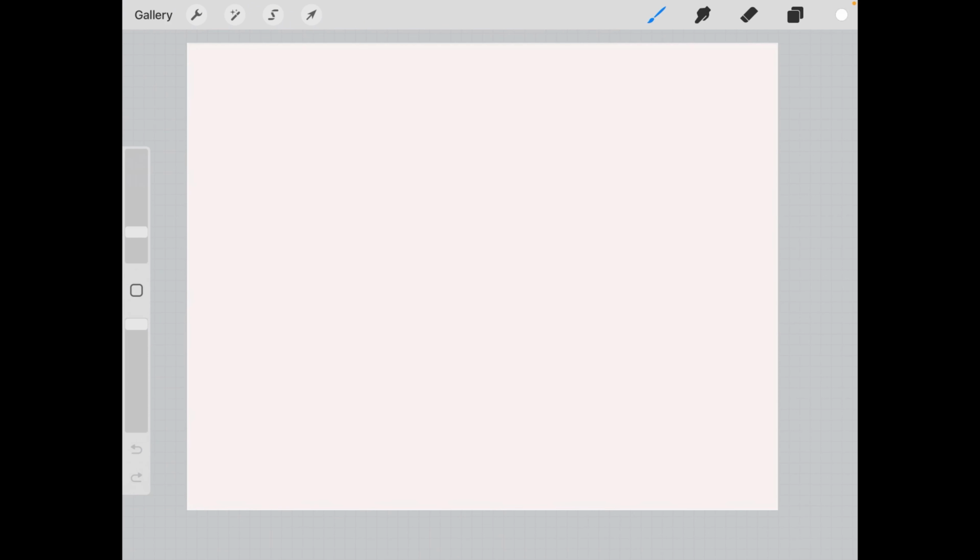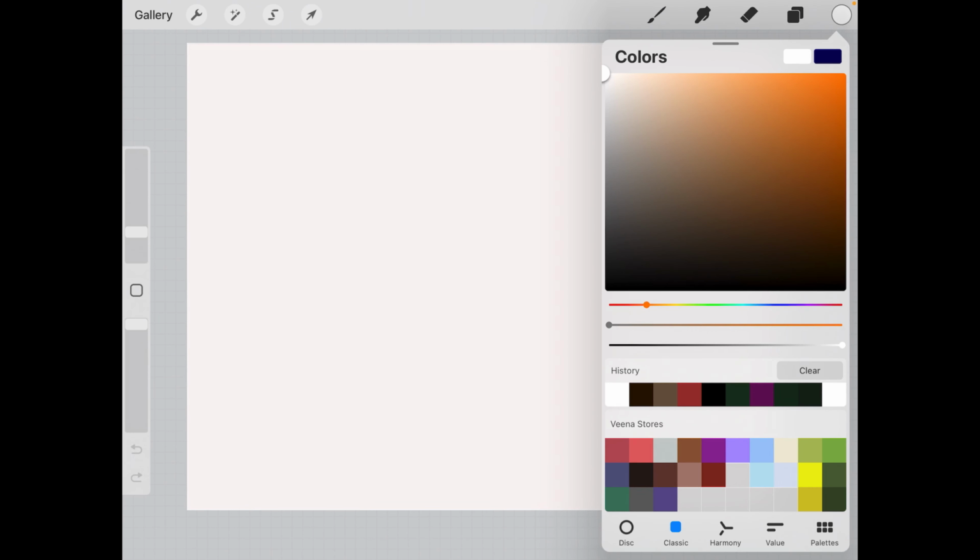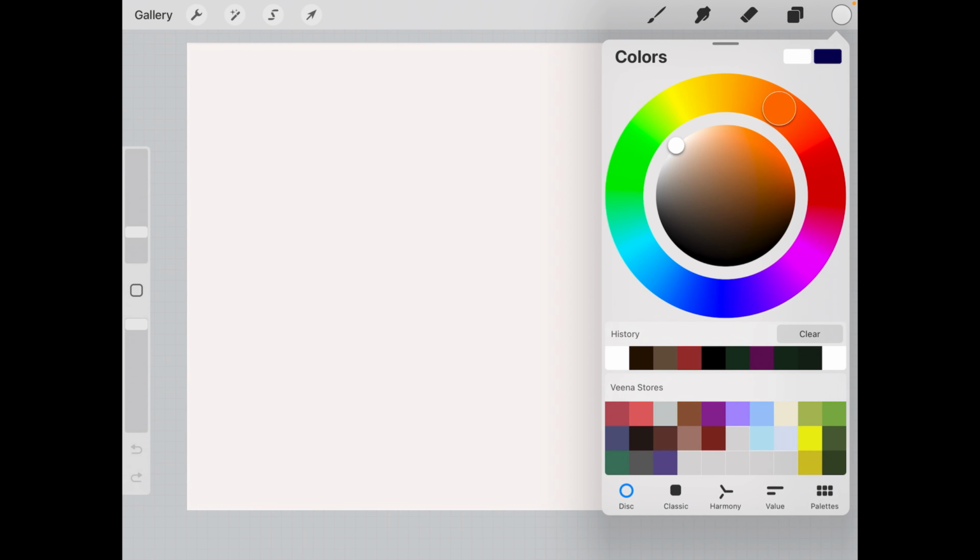So when we click on this circle right there on the top rightmost corner, this is your color palette. You will land up in this disc section. So here you can just select, let's say I want red, so I will move my slider on the outermost circle to red. Then this inner slider I'll move to see if I want dark red or brownish color or exact red. What color do I want?